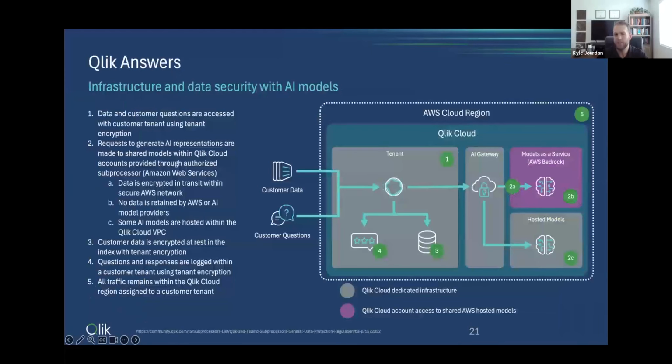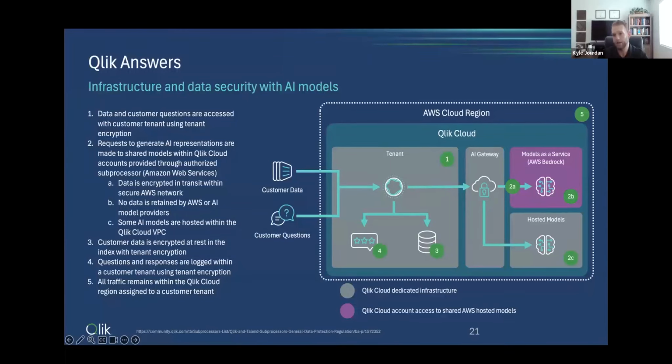And then finally, the last piece I want to emphasize before we get into the product is really touching on the security behind it. And so we know that there is a lot of concern around some of these LLMs, where they're being hosted, who's responsible for the data that is being used to train these models going forward. And so that's why we orchestrated a security environment with Qlik Answers that makes sure that all of your data is contained within the secured tenant that you have entrusted Qlik with.